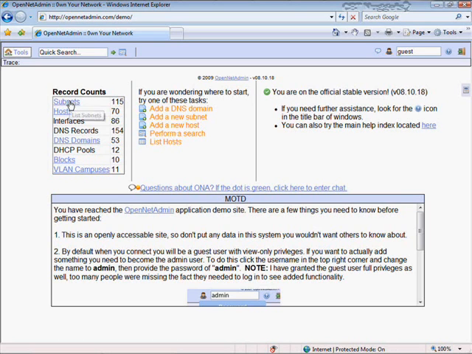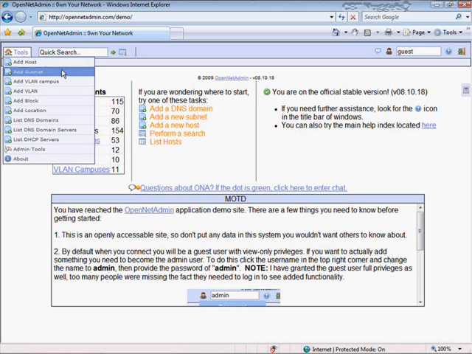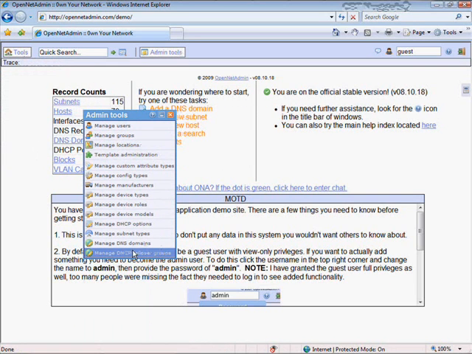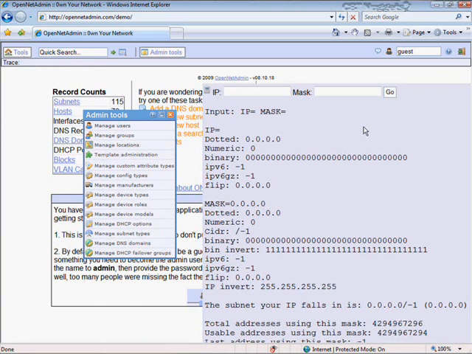You can look at your different subnets and your host and DNS domains, and you've got some tools here you can use. You can add hosts and subnets and VLANs and blocks of addresses. You have some admin tools here available to you. A lot of management tools to manage your network. A simple IP calculator over here. And there's just a lot of tools up there on the internet that you can use to do inventory, to map out your network, to create a view of your infrastructure without spending